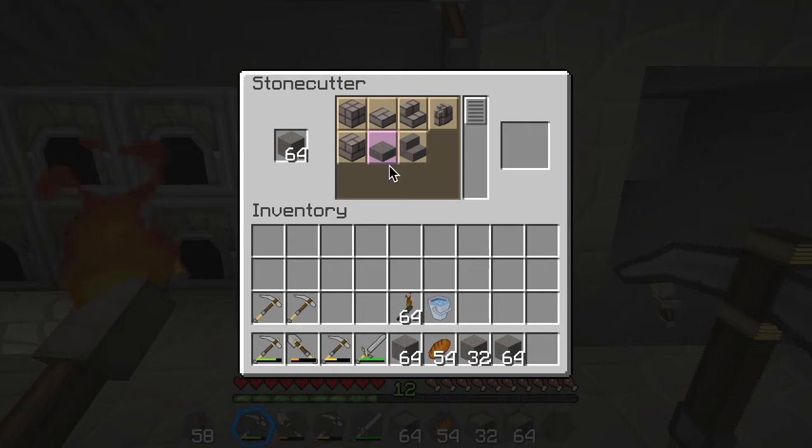And in the middle of the display here, it'll come up with the different options we have. We've got stone bricks, stone brick slabs, stone brick stairs, stone walls, regular stone slabs, and regular stone stairs. Now, I'm not going to be doing stone brick stairs, I'm just going to be doing regular stone stairs, so if I shift-click on that option,